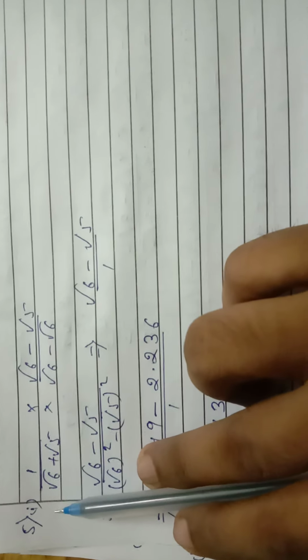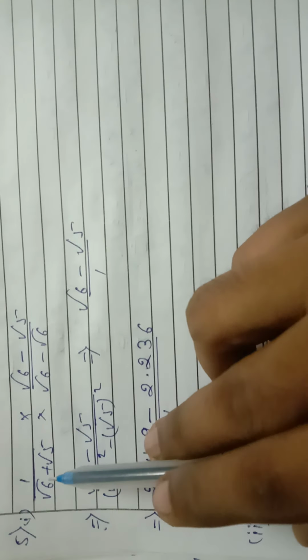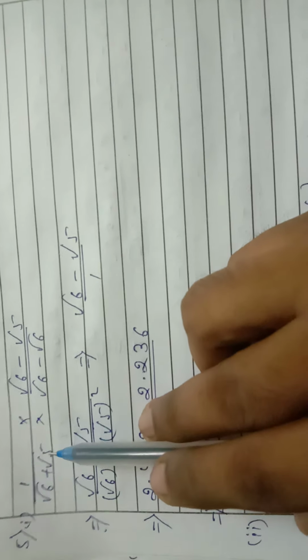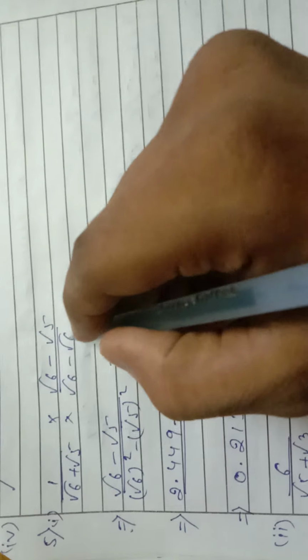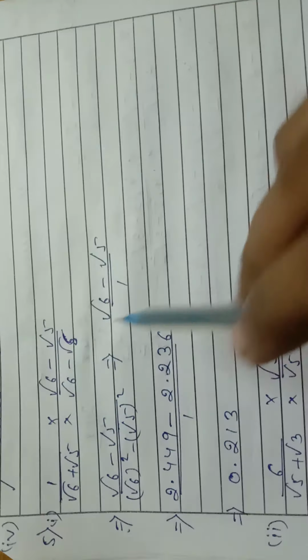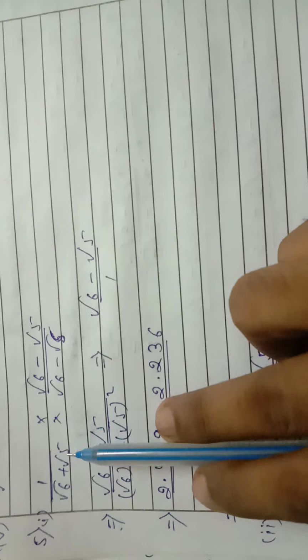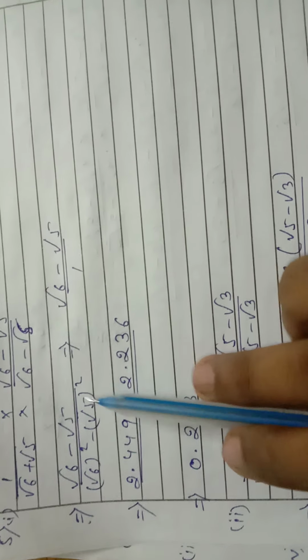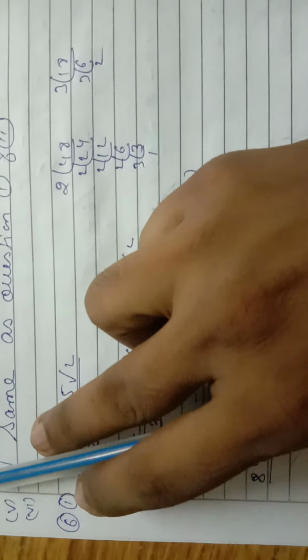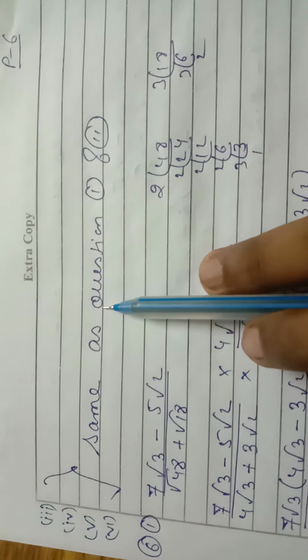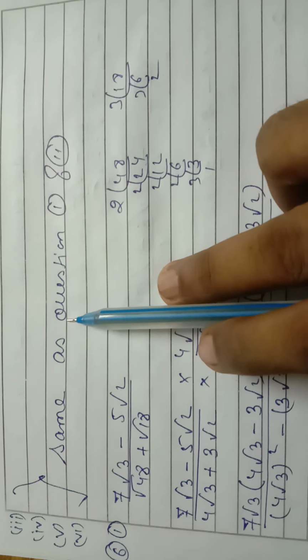Here also, question number 5, number 1. First we have to rationalize root 5 plus root 6 plus root 5. Rationalize by the same number, but the symbols are different. Here I made a mistake. This should be 5. See here, (a plus b)(a minus b) is a square minus b square. I got this number, and the values are given over here. Easily you can subtract and you will get your answer. All the values are put here, and then whatever is there, just rationalize, and the values will be given in your question. You can easily find out from there.